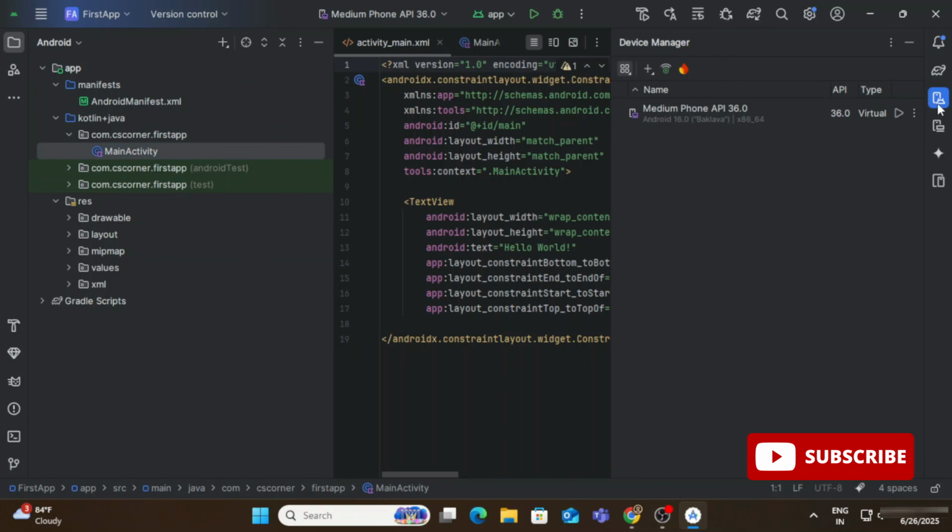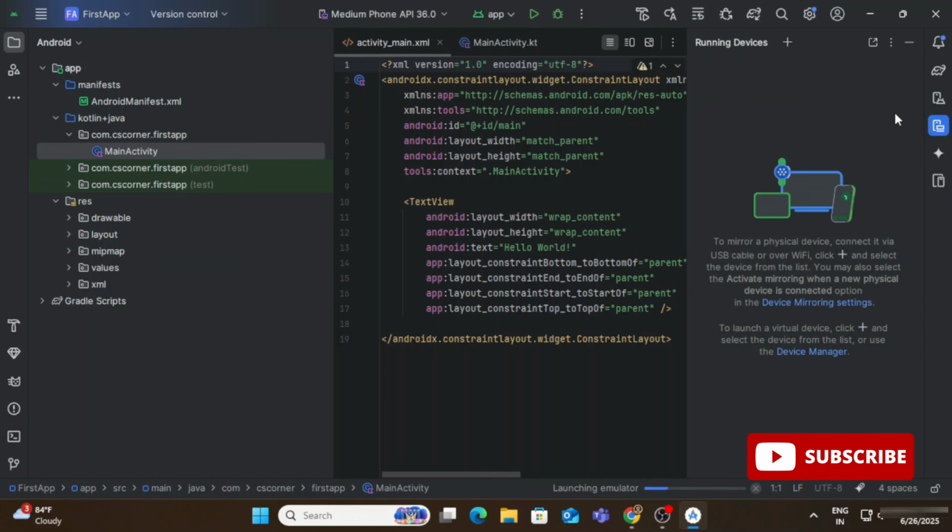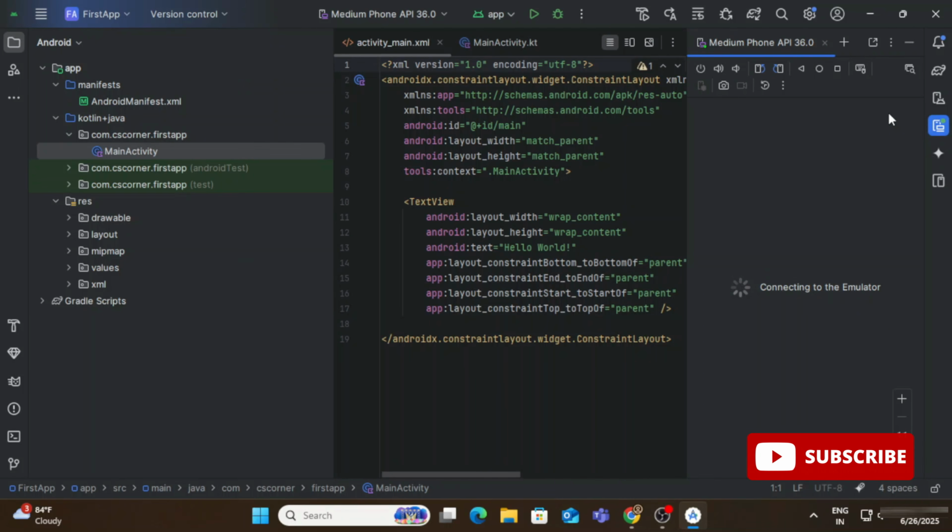We have already installed Android virtual devices. Here you can go to device manager, and you can see it's showing me my Android virtual device, with its name. I'm going to just start this Android virtual device. When you start it, it is not going to run your app. To run your app, you need to click on the play button. Here I'm just starting this Android virtual device to show you that my device is running.